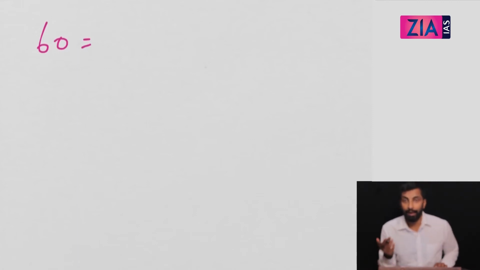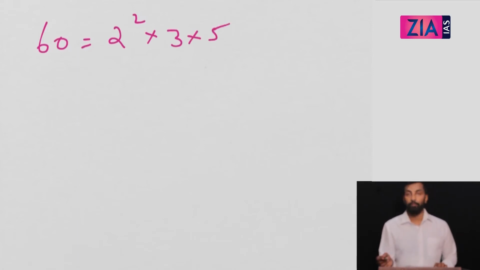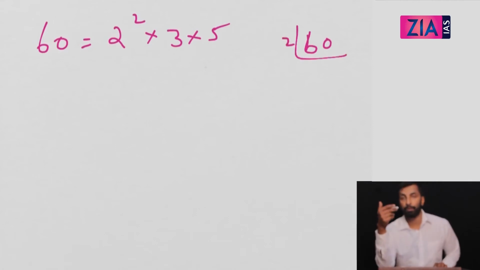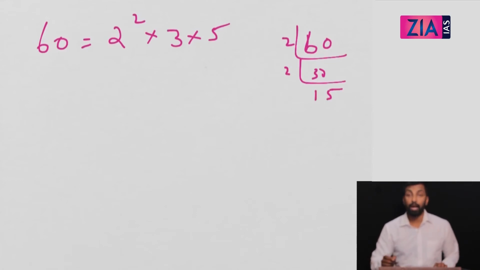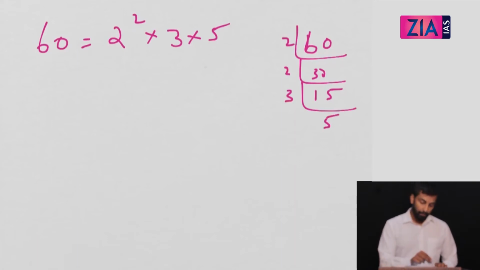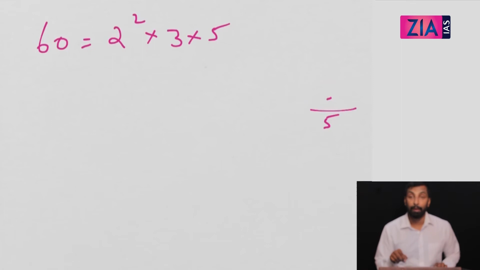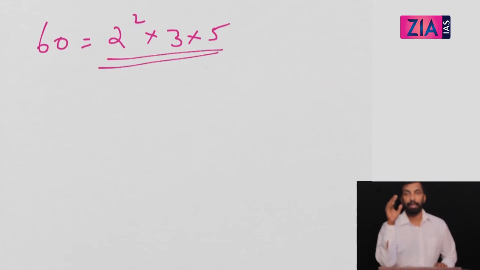So if I give you 60, how will you prime factorize? 60, you will write it as 15 into 4, right? And 4 is 2 square, so 2 square into 15, which is 3 into 5. That's how you'll prime factorize. Or you can do the division, 60 divided by 2. You start with the first prime number, then you get 30, then further divide by 2, you get 15. Now you can't divide by 2, so see the next prime number, that is 3 and 5. You can prime factorize like this also, but it will take time. But when you are writing an exam, you should go with the first method. Just think like this, 15 into 4. 15 is 3 into 5, 4 is 2 into 2.